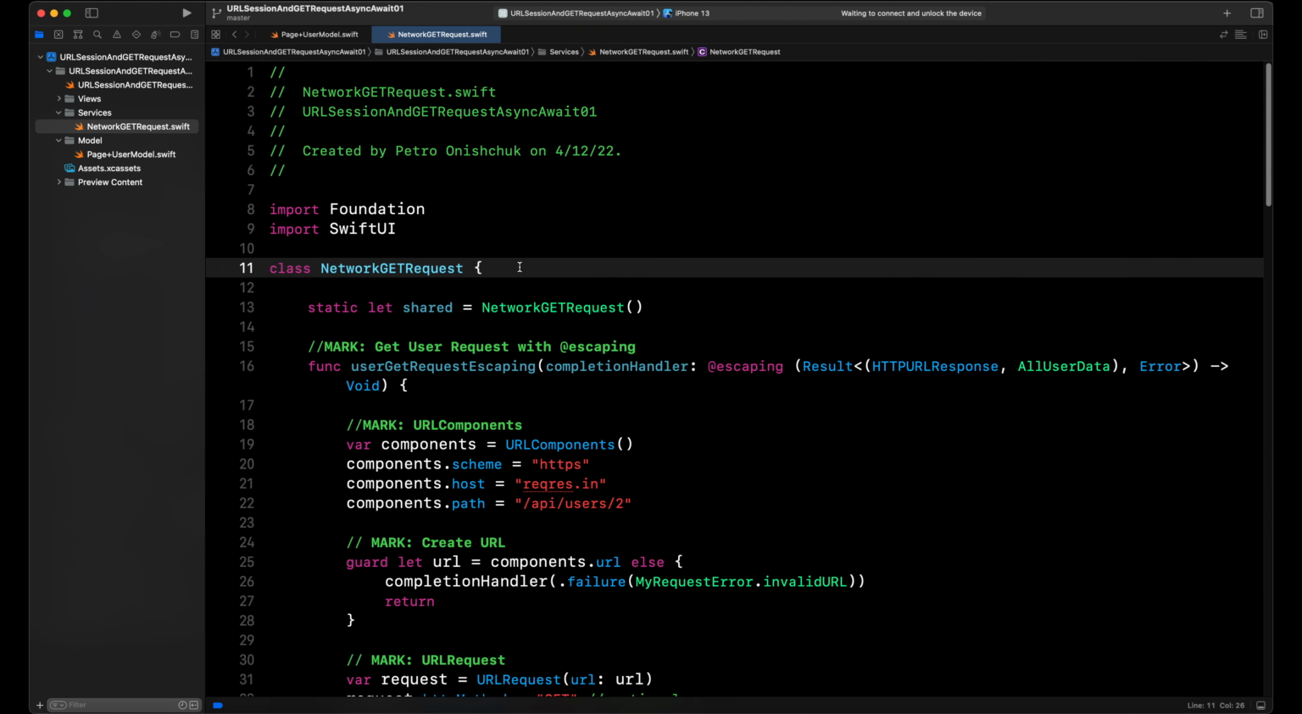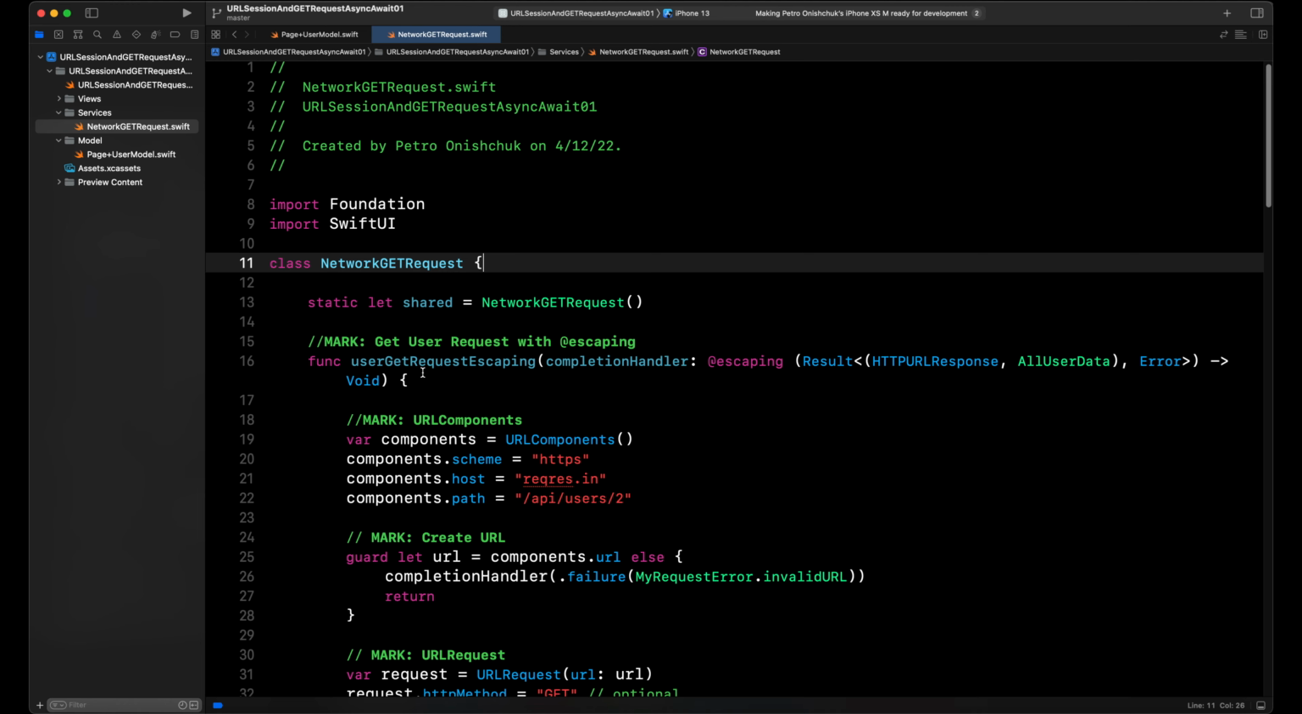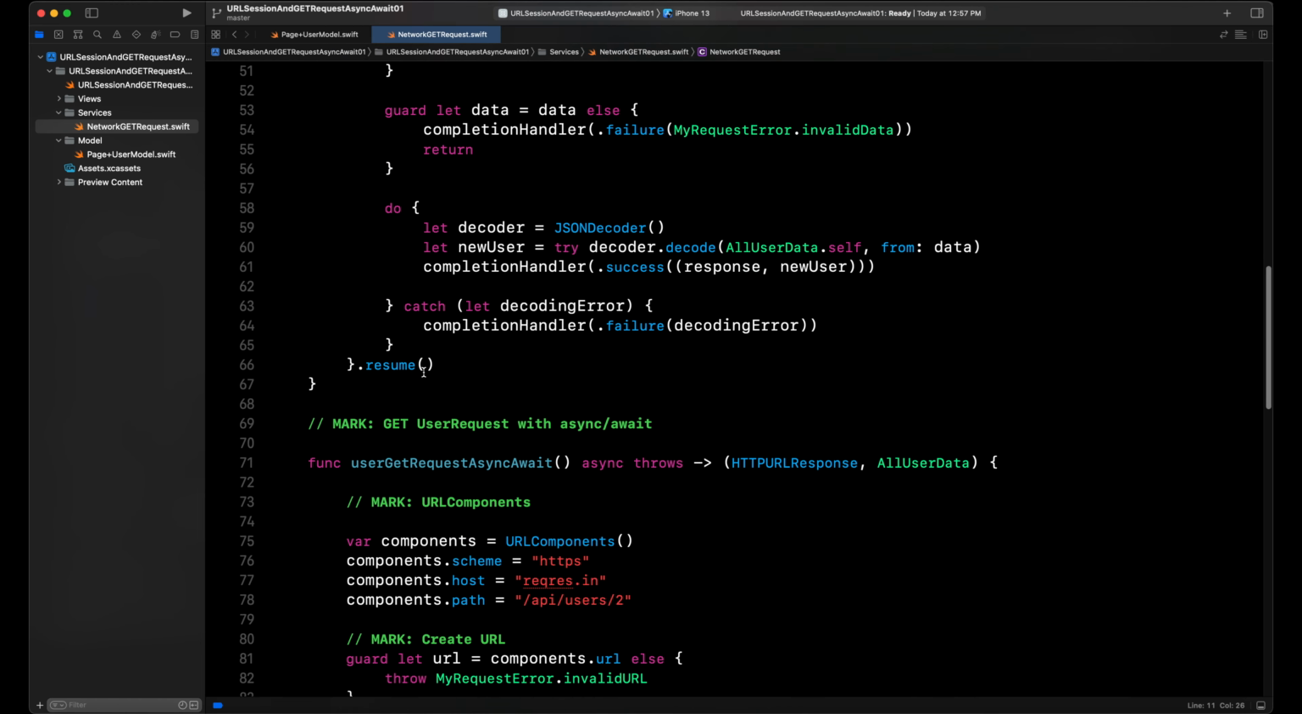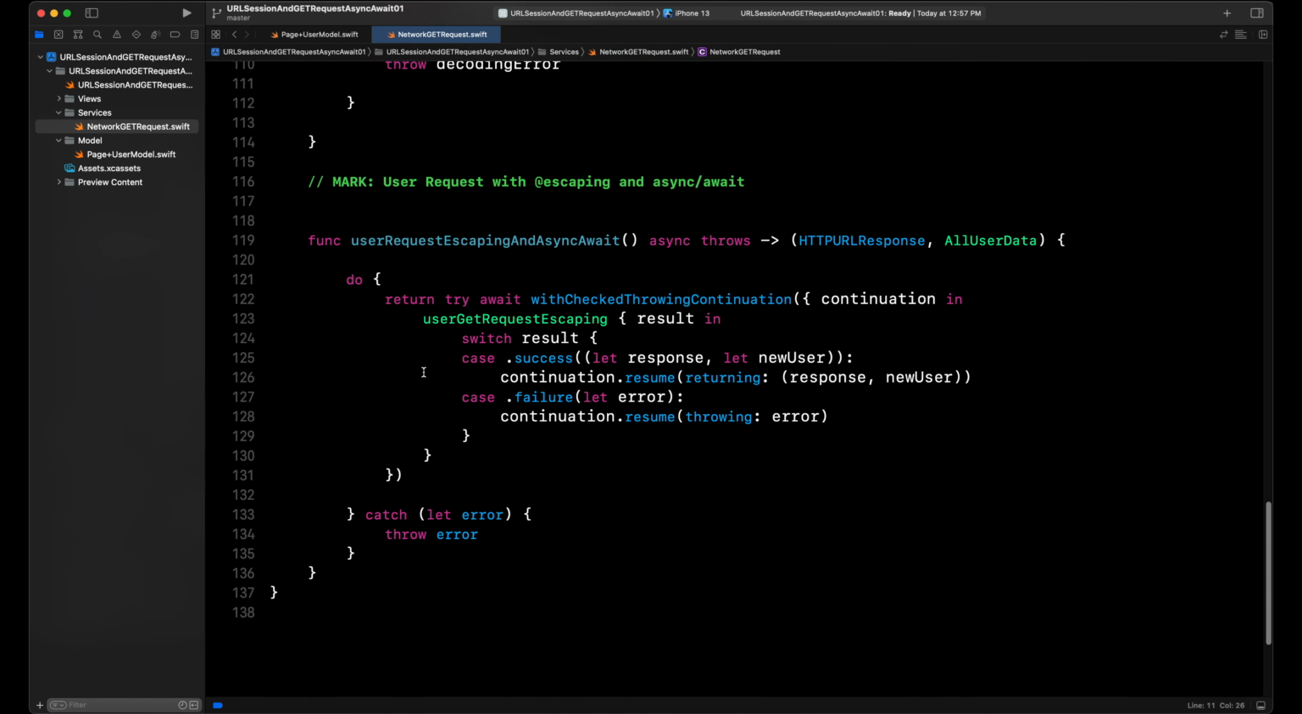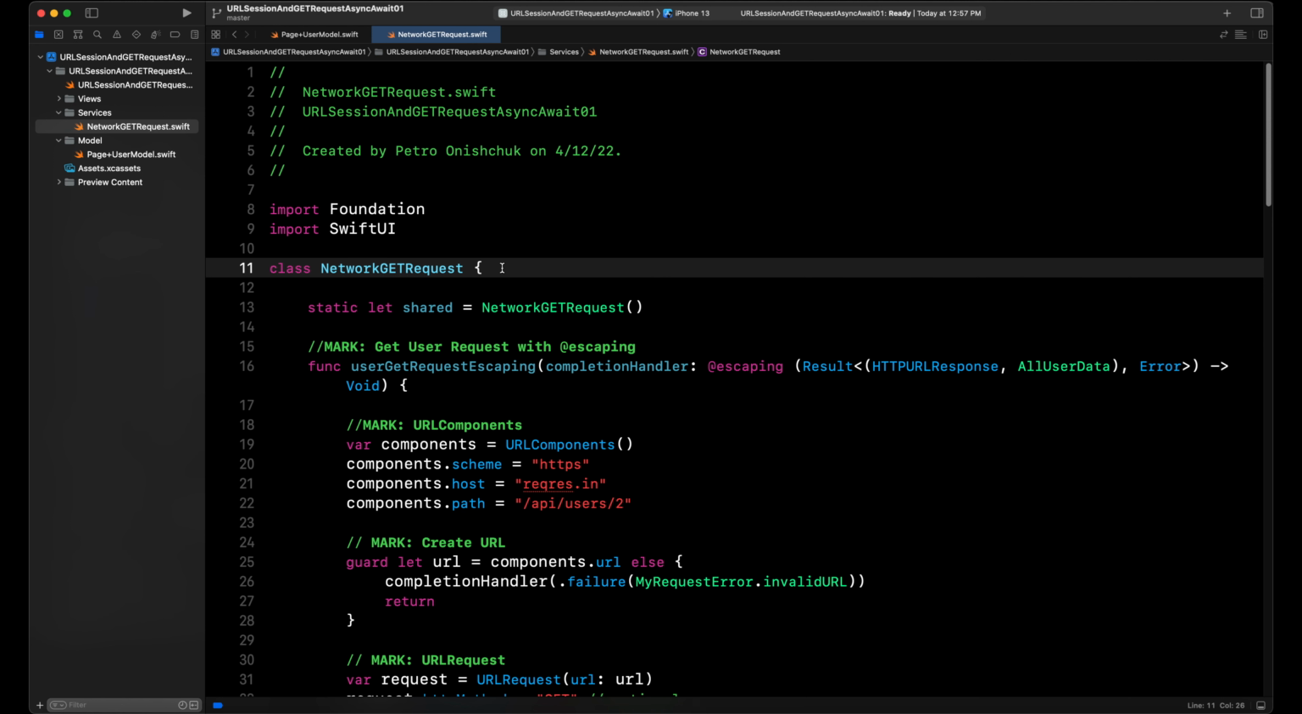Okay, at first I'll create three methods. First, a method to run our GET request by using escaping closures, and also a method to run our GET request by using async await, and also a method to run our escaping closures by using async await. And next, to run these methods and display data in our application, first I must create a ViewModel, and also I must create a view to display this data. For example,